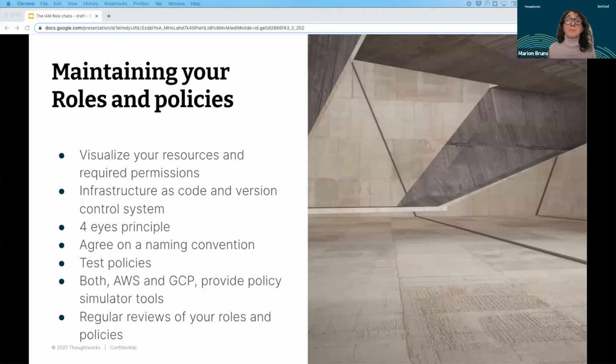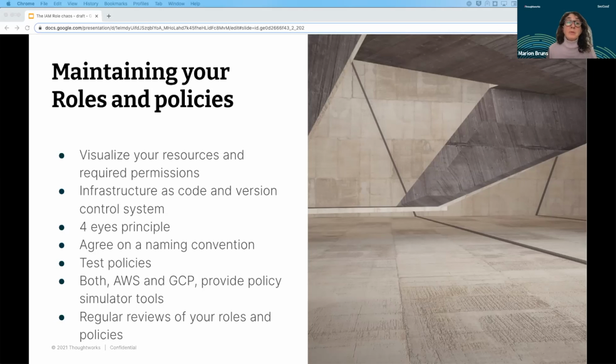Now, here are some measures you can do and should do when setting up identity and access management roles and policies. A quite simple one is visualize your resources and required permissions. So look at what you need to protect.